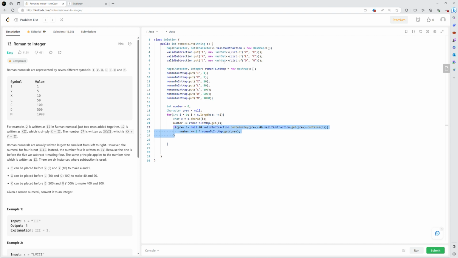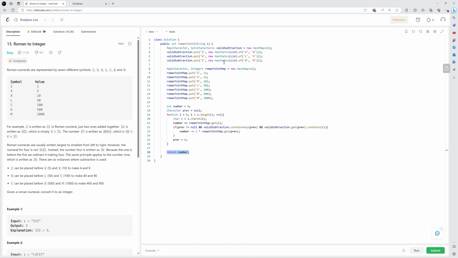So for example, if we have X and L, we have already added L, which has a value of 50, so we have to decrement it by 10. That's why we are decrementing twice the previous character, which in this case is X. We will then set the previous character to the current character. So in the next iteration, we have a valid previous character,